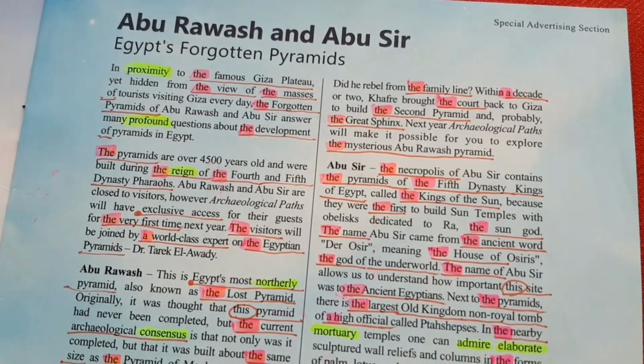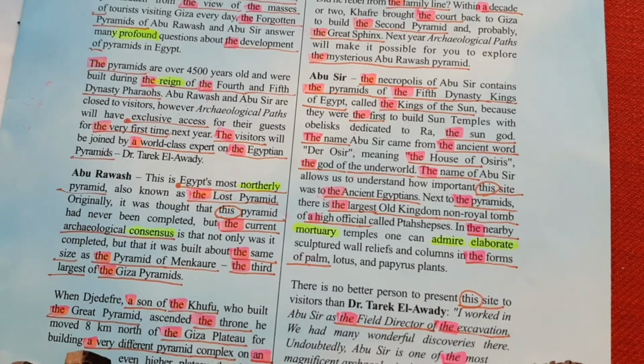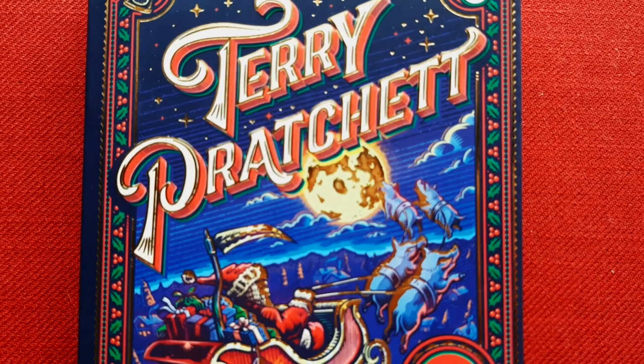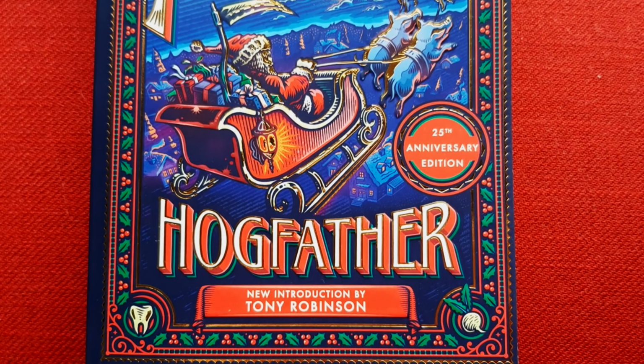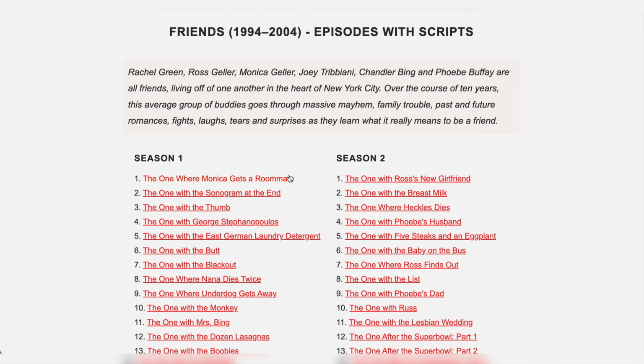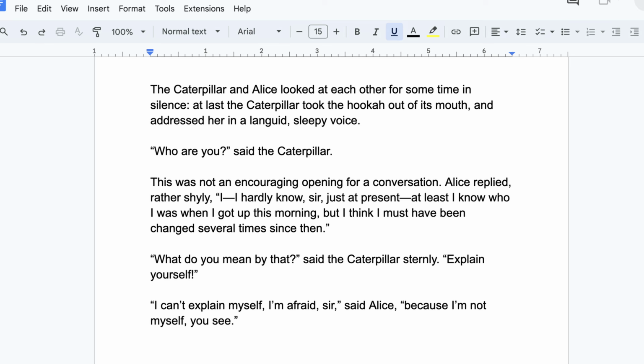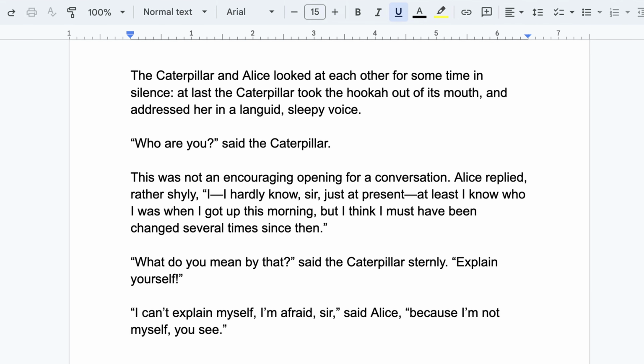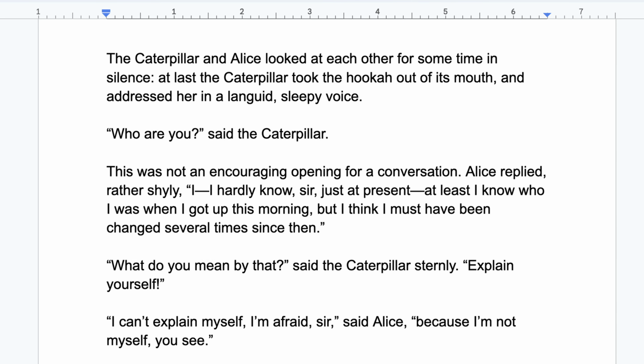Next, let's find a text to read and analyze. This is the core of this method, the thinking carefully about the articles part. It can be anything in print or online. Personally, I prefer using articles from scientific magazines for this, but any novel, blog post, or even a script from your favorite TV show will do. Here is a small passage from Alice's Adventures in Wonderland.